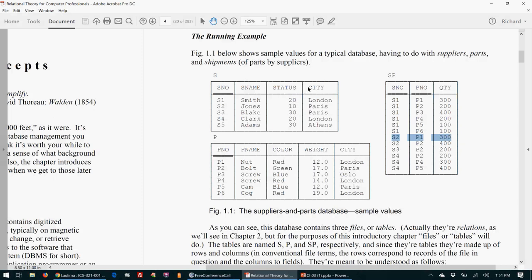because if we combine the two and use that as the key, we are no longer able to let the database itself enforce the restriction that SNO itself has to be unique. If we define SNO itself as being unique and we try to put in another S1, the table won't accept it because that violates an easily enforceable constraint, and the database will do that. But if we define city plus SNO as being the key, then we could put in S1 Paris because S1 Paris does not conflict with S1 London. See, so